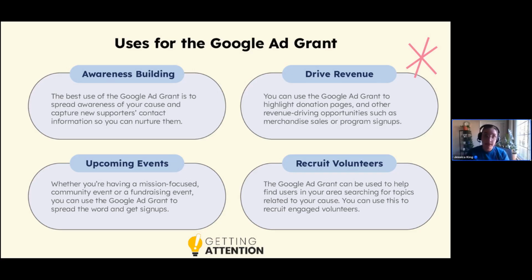Driving revenue is something, however, that is possible with the Google Ad Grant. A really common myth that I hear is that it's not possible to get donations or to raise money with the ad grant. That's not true. It's not the primary purpose of it, but it can be done. So some examples of what we will do with our clients: highlighting donation pages and donation opportunities, as well as other revenue driving opportunities. Depending on the structure of the nonprofit, sometimes they have merchandise that they sell, like t-shirts, blankets, what have you. Sometimes their programs might cost money to participate in. We can drive things of that nature. Also, sometimes events. Sometimes there's a ticket sale element. That's also all fair game.